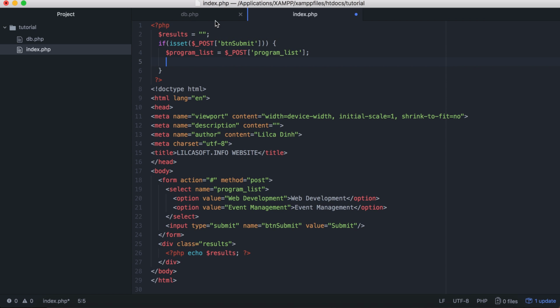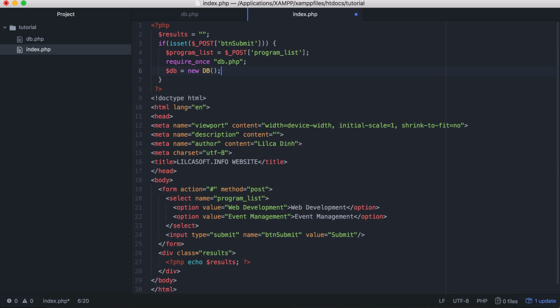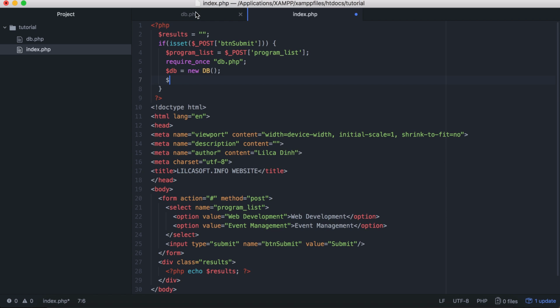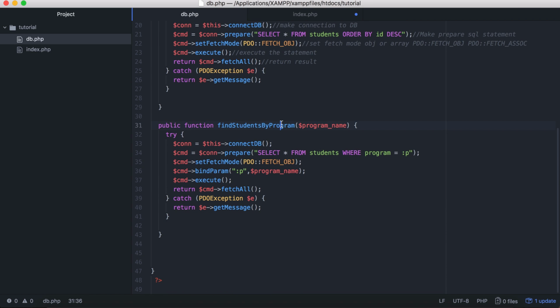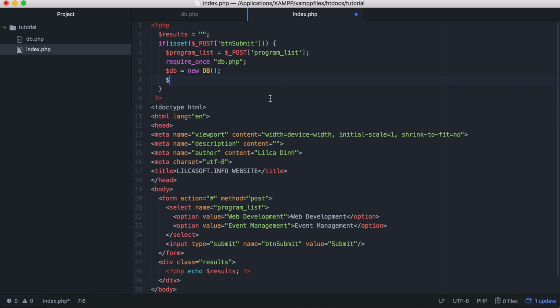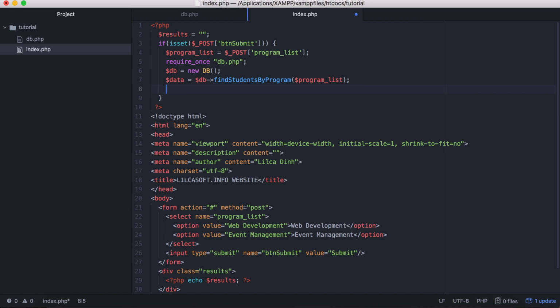So it too requires the db.php file in order to use the db class here. You need to create a new db class, and I'm going to assign the result from this one to, let's call this the data. Okay, so db and this one. I'm going to copy this and pass the program list to the function. Okay, so now I need to loop through the data object here to get the student properties. So for each data as item,